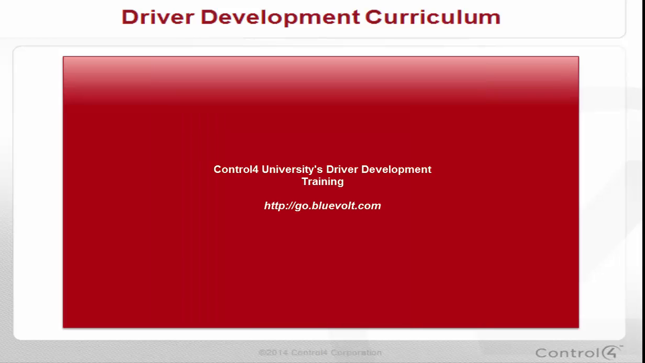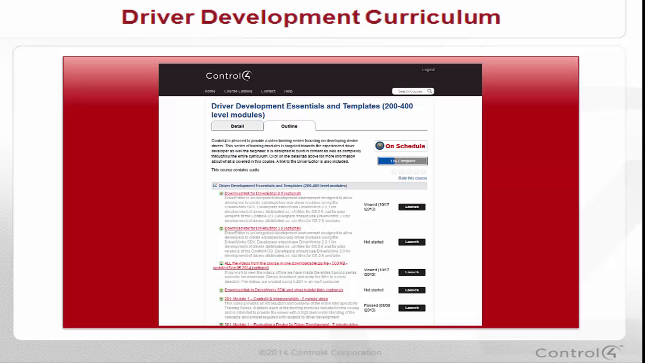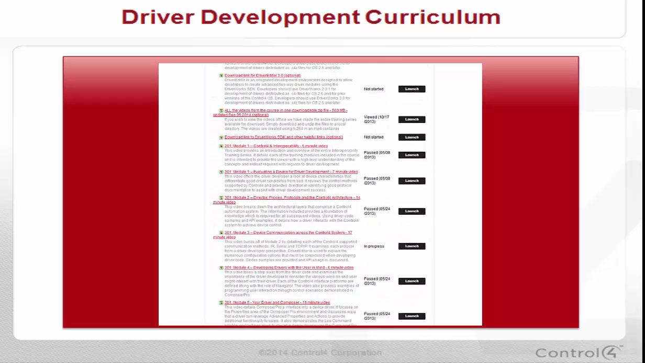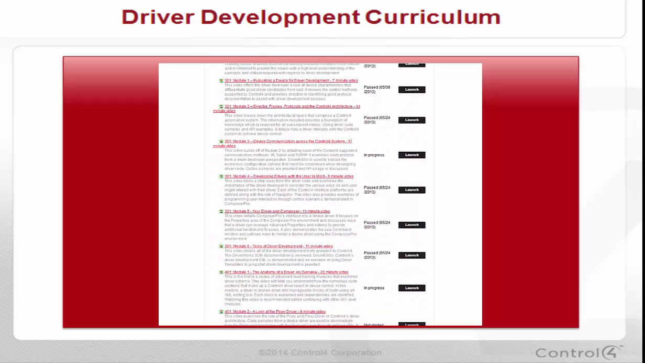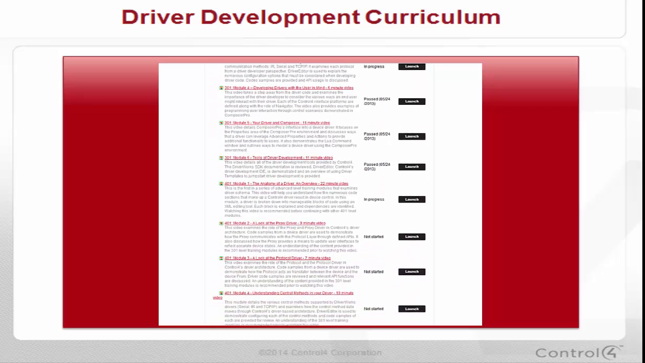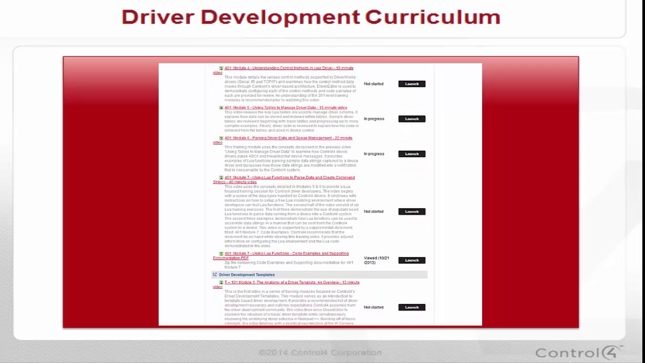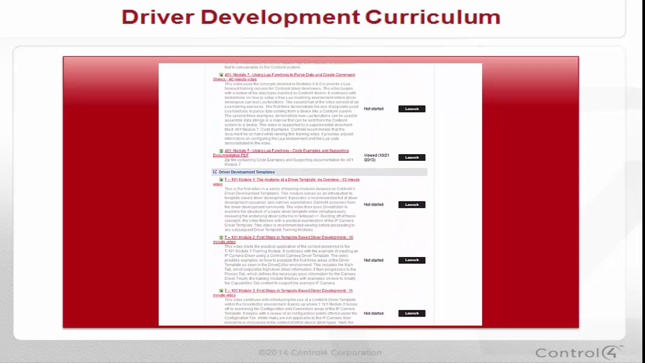Before we begin, it is expected that you be familiar with the architectural and development concepts outlined in the driver development training modules. This includes the 201, 301, 401, and T201 video series. You may find it useful to review the information offered in those training modules before proceeding to develop template-based c4z